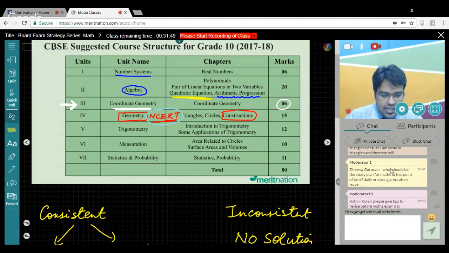All right, Rohini is saying to give tips to revise. Rohini, I'll come back to your doubt towards the end of the second half of the session, probably. Let's go to trigonometry, because on popular demand,